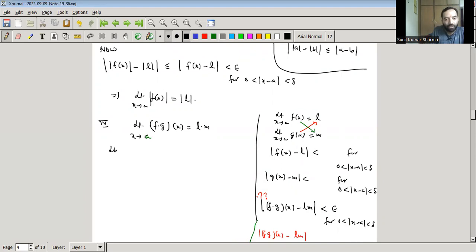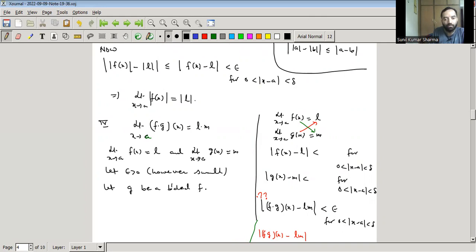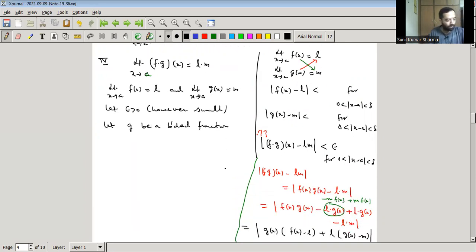So given limit x goes to a f of x is equal to l and limit x goes to a g of x equal to m. So first we take epsilon greater than 0 over small. So let g be a bounded function. If g is bounded in a deleted neighborhood of a,